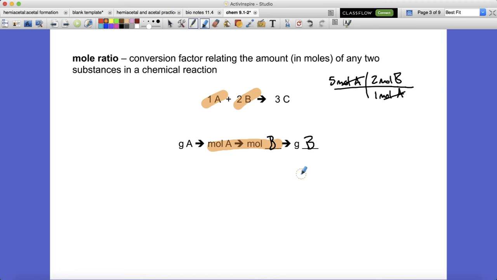But in the whole reaction, I need to do multiple things. In the whole calculation, I need to do multiple things. So what's really going to happen here is maybe I'm going to tell you, okay, you have 22 grams of A. And I want to know at the end of the day, how many grams of B are needed to react with 22 grams of A. And you're going to use this process to come up with an answer. And what it's going to look like